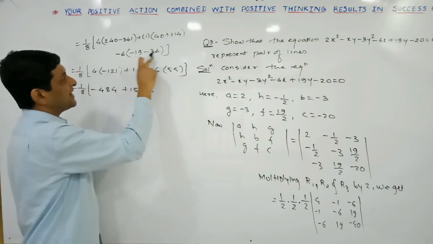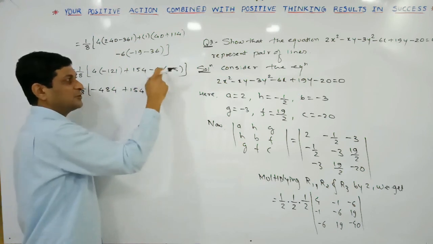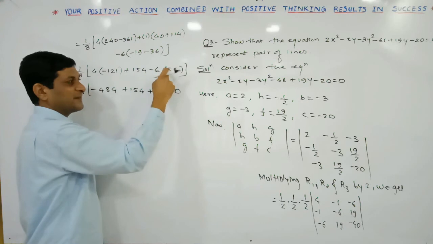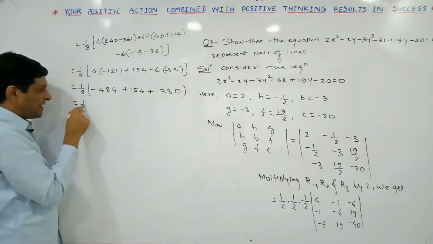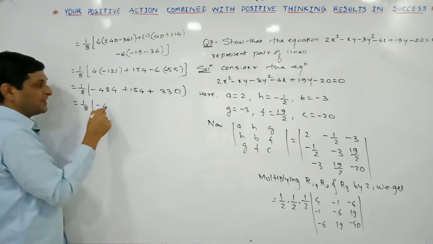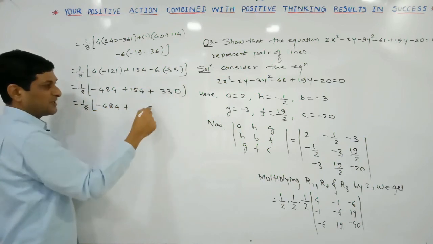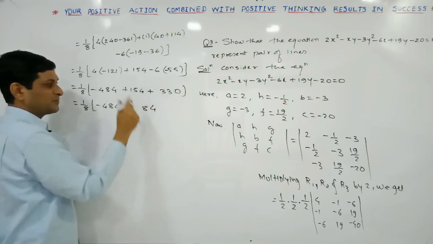Here we will get minus 55. Minus into minus will become what? Plus. 6 5s are 30, carry 3, 6 5s are 30, plus 3 is 33. So this is equal to 1 by 8, keep it as it is, minus 484 also as it is, plus. Check what is their addition. 0 plus 4 is 4, 3 plus 5 is 8, and 4 plus 3 plus 1 will be equal to 4.